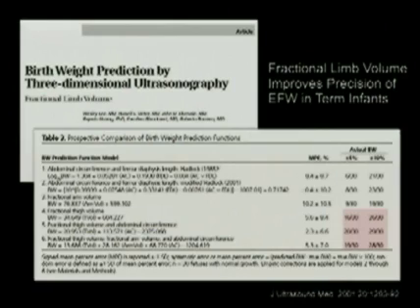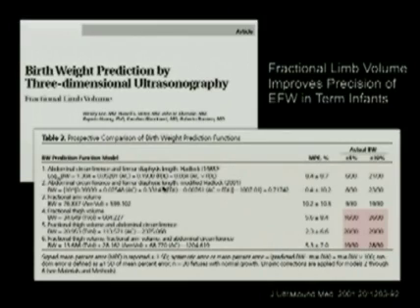In the year 2001, we used the fractional limb volume to develop fetal weight estimation models that add the 3D volume, fractional thigh volume, or arm volume to traditional 2D parameters. And you can see from this rather busy table the original Hadlock models using AC and femur length, or AC, and we can use the AC and femur length model from Houston as originally described by Dr. Hadlock in 1985, or we can use a modified